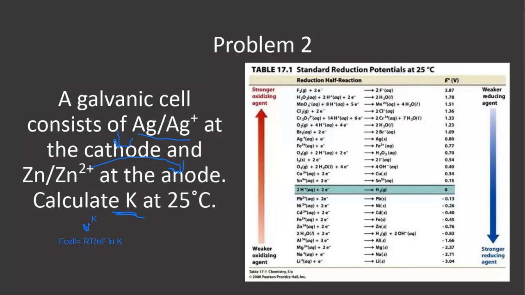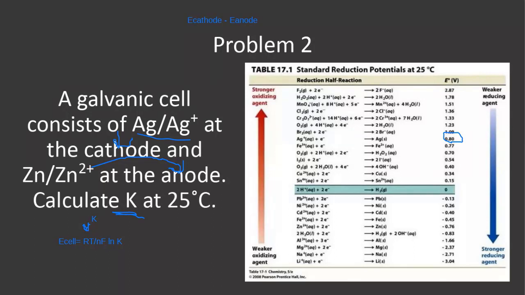Okay, so let's start with finding our E cell. We know where our cathode and anode are, so we don't have to determine that. We just have to look at the table and use the E cathode minus E anode formula. Our cathode is the silver. Where is that on this table? This 0.8. That's a positive number. 0.80